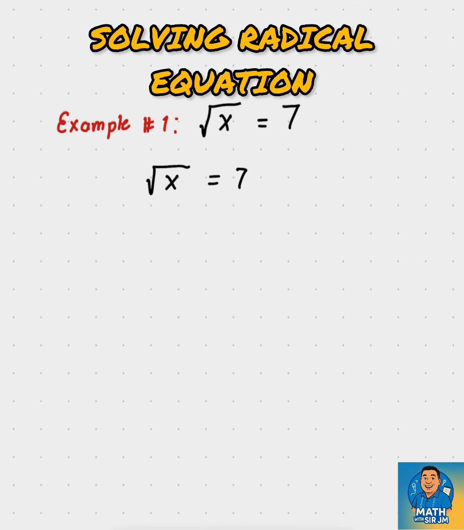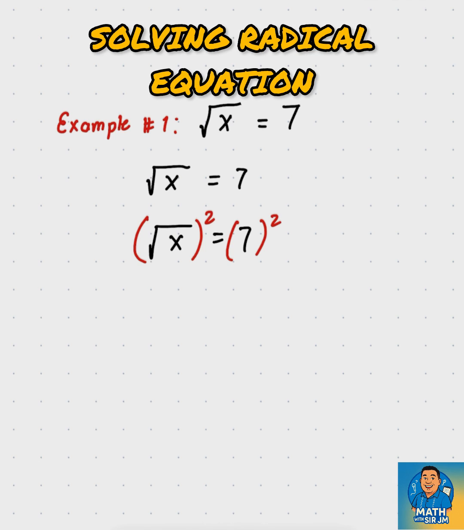Very good, that is 2. Therefore, we need to raise both sides of the equation by 2. We have here square root of x is equal to 7. Now we have here the index is 2, therefore we need to raise it by 2